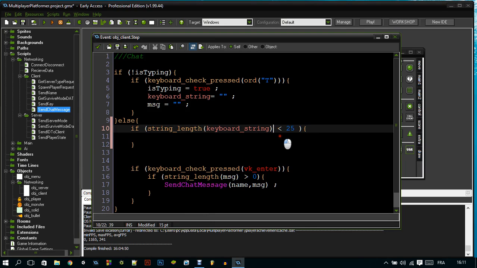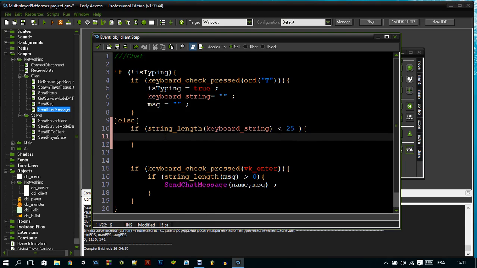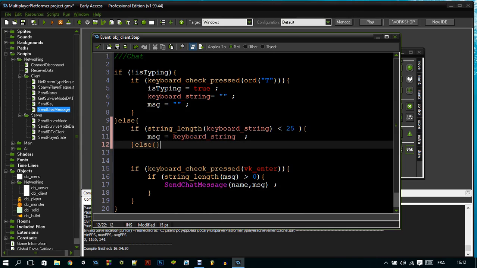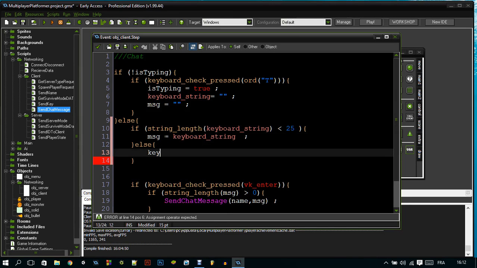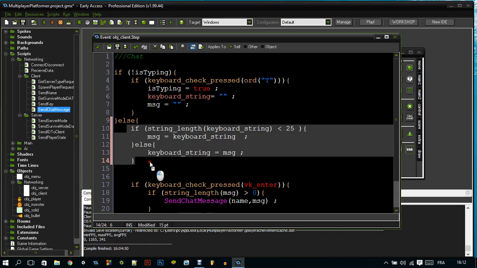Oh, okay, then message equals keyboard string. Else, keyboard string equals message. So this is just actually a system to make sure that the player cannot send a very long